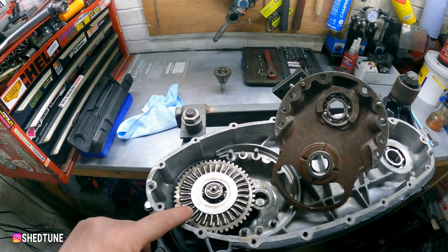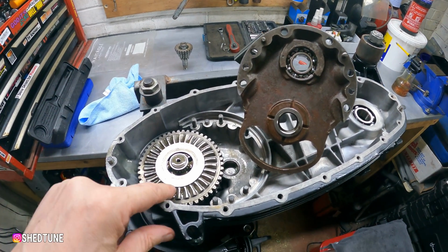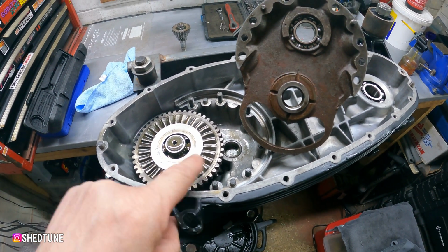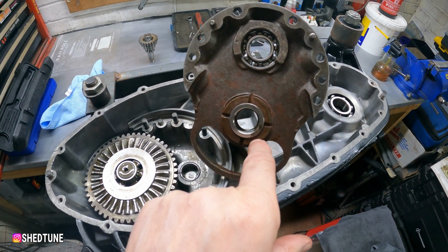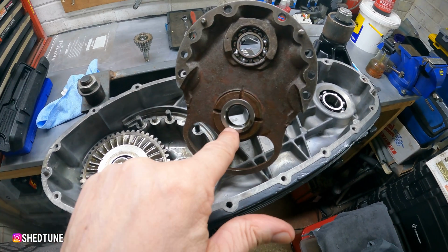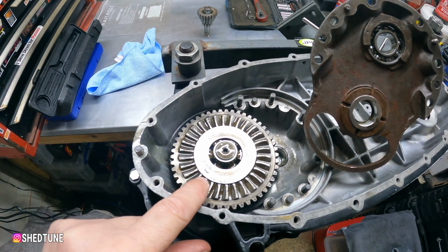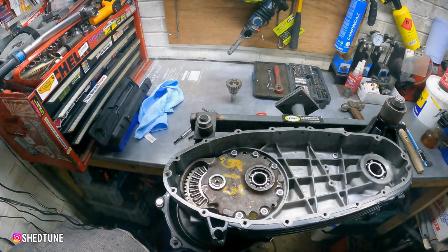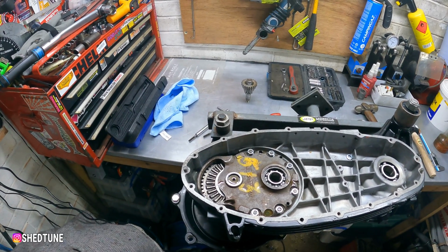So just while it's apart and before I change this shim, what we're trying to do when we measure it with a feeler gauge is get between this shim, okay, and this bit here. That's the clearance you're looking for between here and here, not under this bit, this bit. Right, we're at 2.41. Let's try 2.2. We've ended up with a shim that's 2.1,